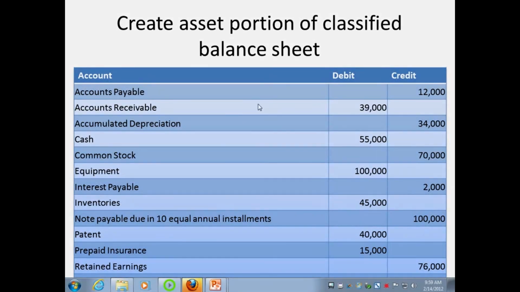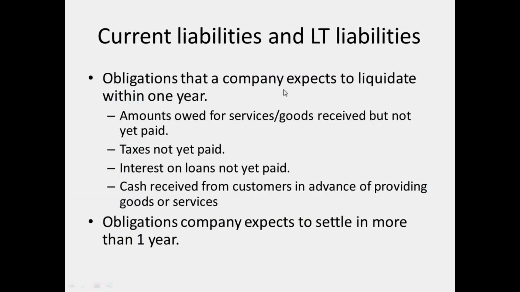So let's talk about the liability stuff. In the same way that assets are classified by liquidity, liabilities are classified by liquidity. The only difference is assets are when the company will expect to receive cash, or when the asset will be converted into cash, whereas liabilities are when is the company going to use or need to use cash to settle its obligation. So highly liquid liabilities are bad from the company's perspective.